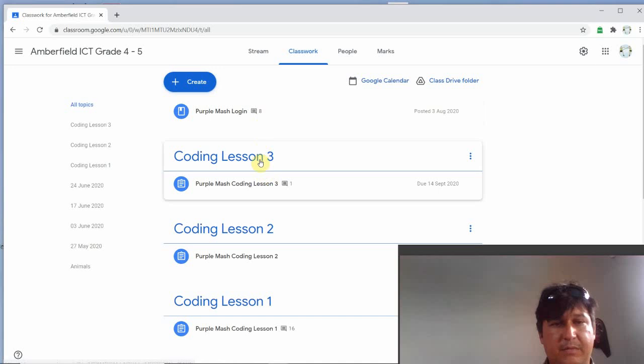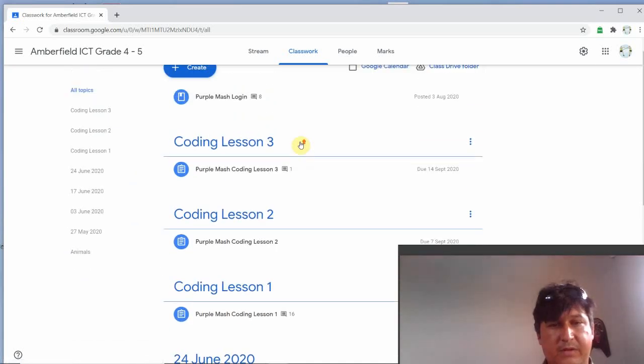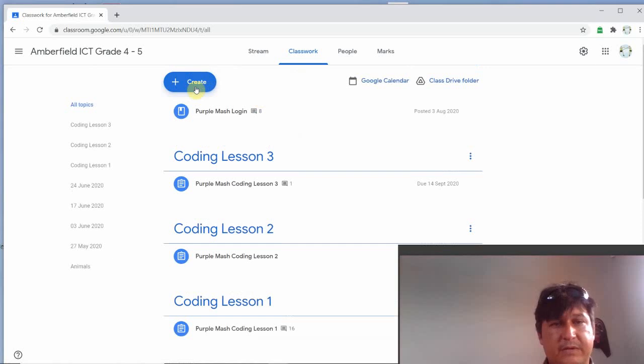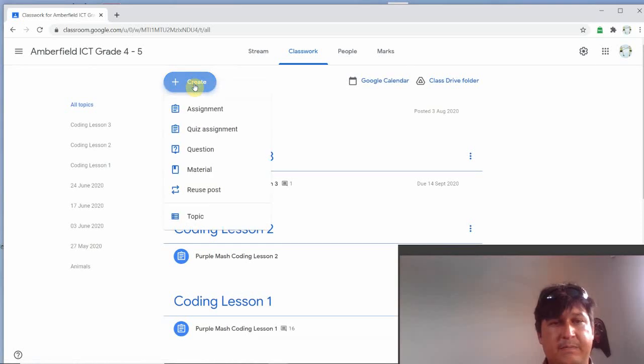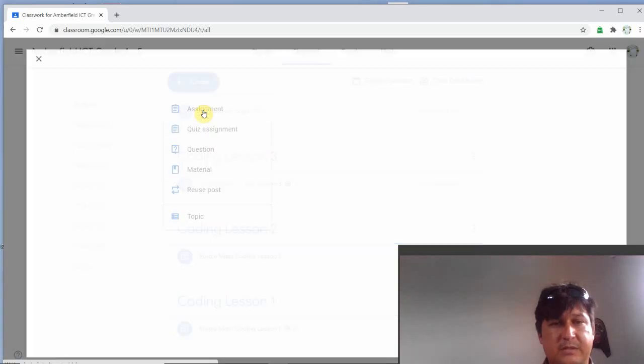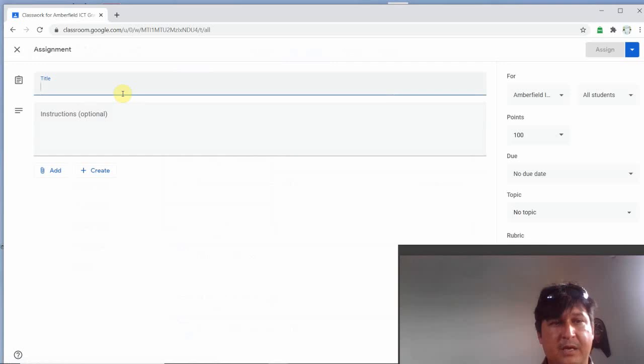Okay, so as you can see from mine from last year, my basic lessons and everything appears on this page. And then, very simple, you click on the create button, and then you can select either an assignment, a quiz assignment, questions, or basic material that you would just like to post for the kids. Now, if you would like to post an assignment, for instance, you click on the assignment button, and then you